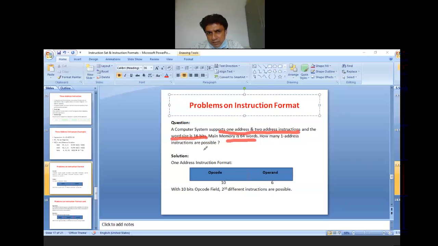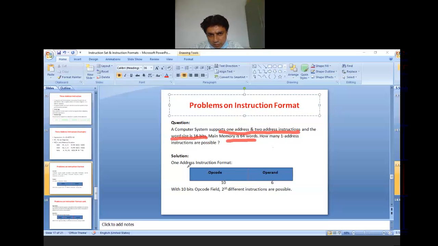How many one address instructions are possible? Here you have been given the word size and the main memory size, so you need to convert these into powers of 2.